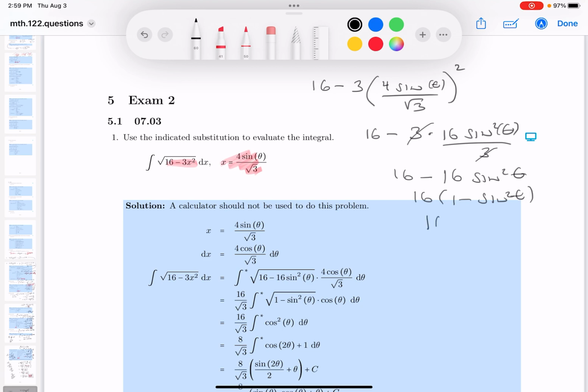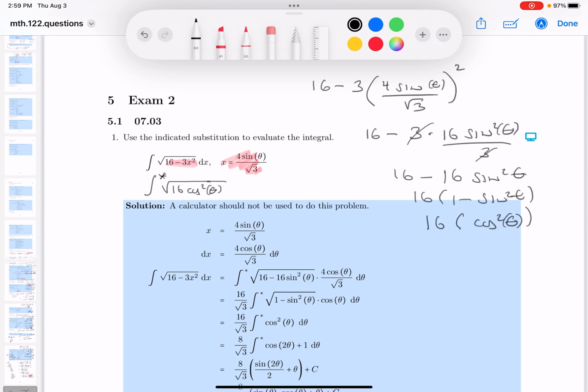And what about that? That's a pretty simple identity. You should be aware of that. That's just the cosine squared theta. So I understand why they did it. Let me write this down for you. So it's going to be, I'll put a little star here because I'm making a substitution, 16 cosine squared